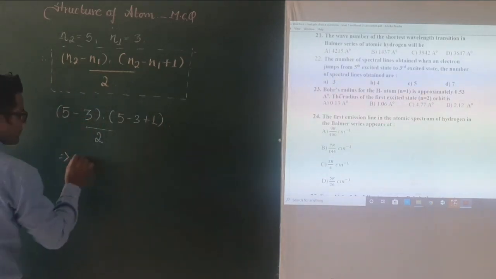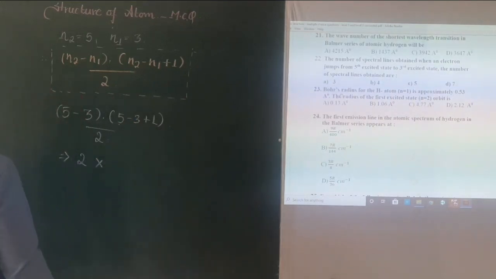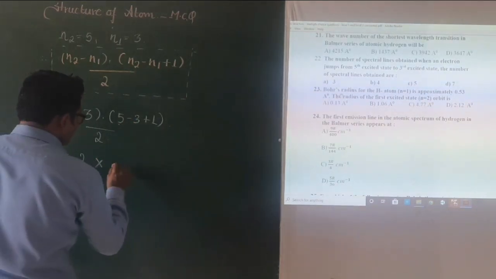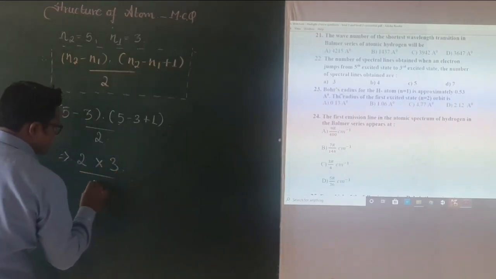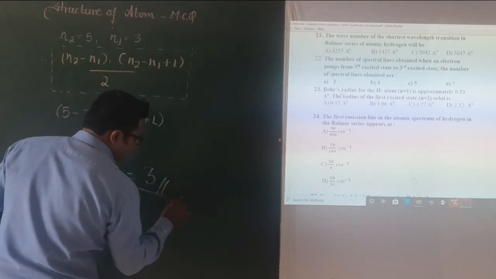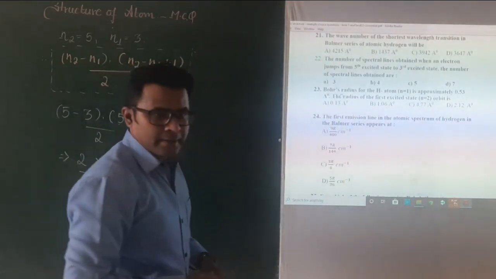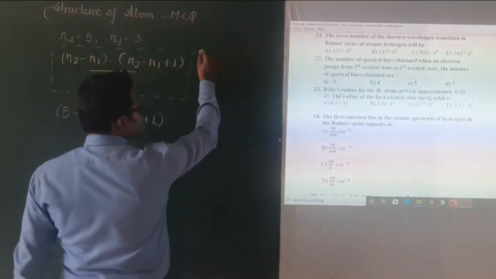So that is going to be 2 into 5 minus 3, which is 2, 2 plus 1, 3, 3 divided by 2. So the answer is 3. Right? So if you want to understand this, let's say that